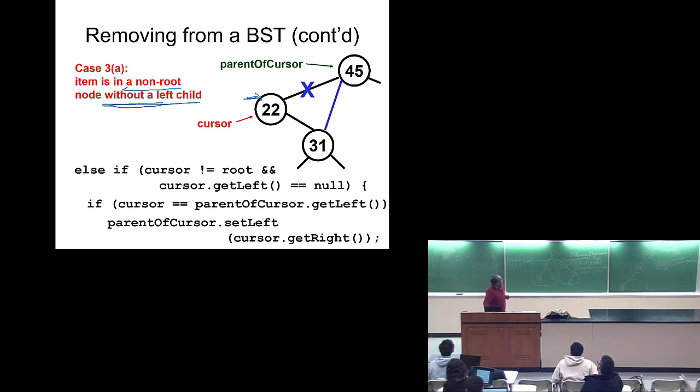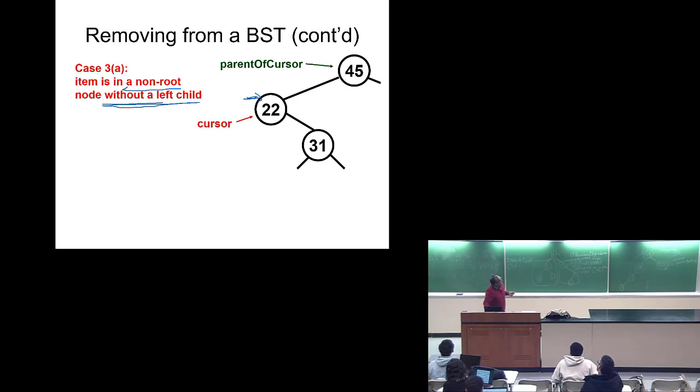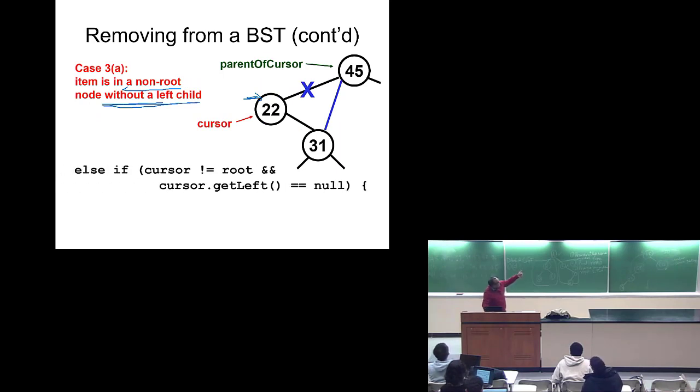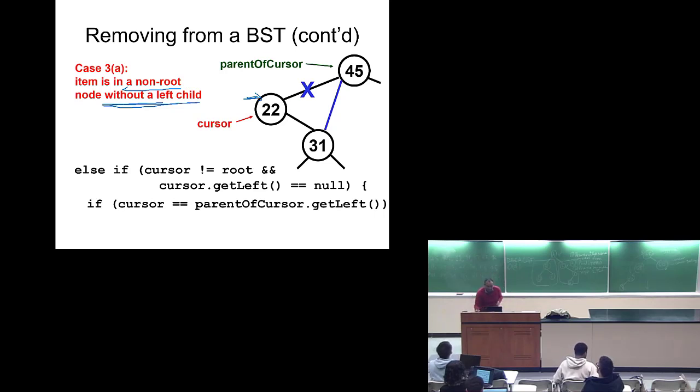So how do we check? Let's start again. If cursor is not equal to null. Cursor was null in the previous case, so this is in continuation with the code. If cursor is not equal to null, is not equal to root, and cursor dot get left is null. What you do, and this is the most important thing, is check whether this node 22 that you have is on its left hand side or the right hand side. For that, you will use this condition: if cursor is equal to parent of cursor dot